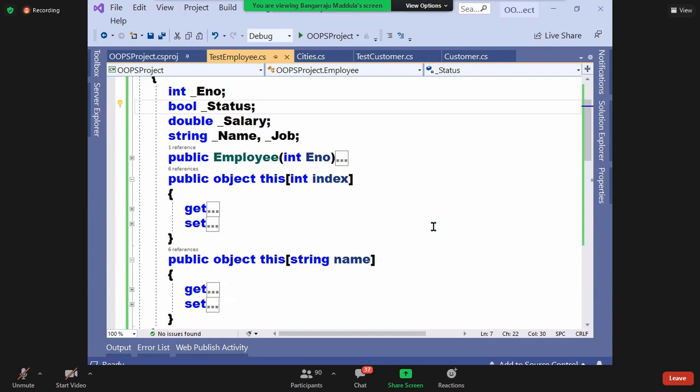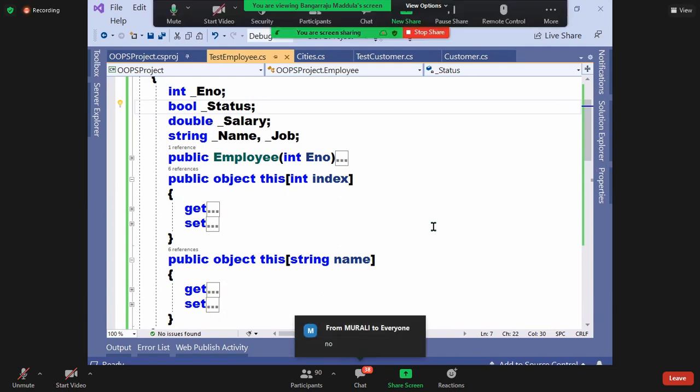Do I need to know the number of columns present in the table or not? We know the number of columns in the table, and mostly this column size is fixed. Do we know the number of rows of a table? We never know the number of rows in a table.